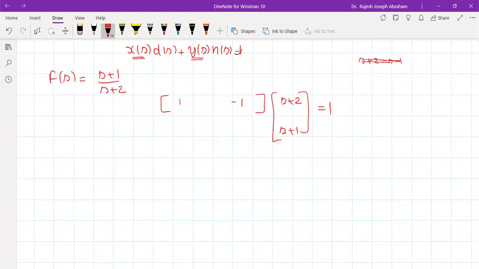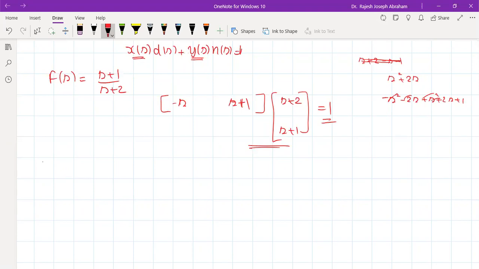What could be a possible thing? One possibility could be S and S plus 1. Is it correct? What will you get? S square plus 2S. Minus S, correct. Minus S and S plus 1. Okay. So minus S square minus 2S plus S square plus 2S plus 1. So my square is correct. Okay. So this is a co-prime factorization.